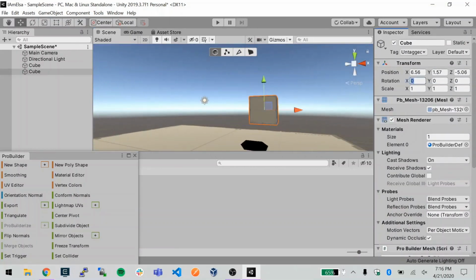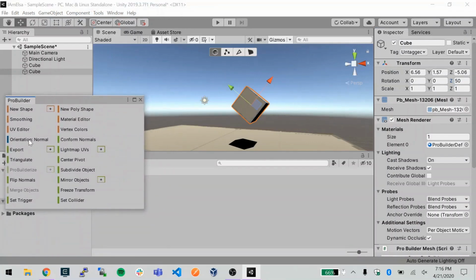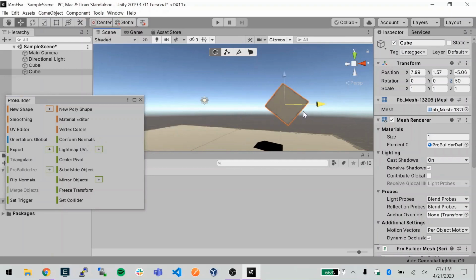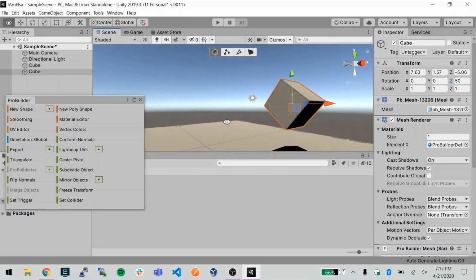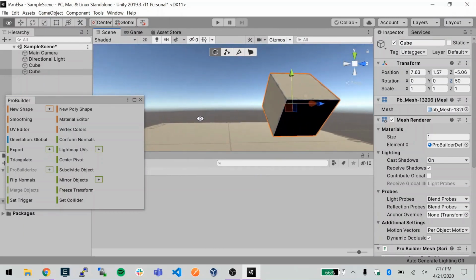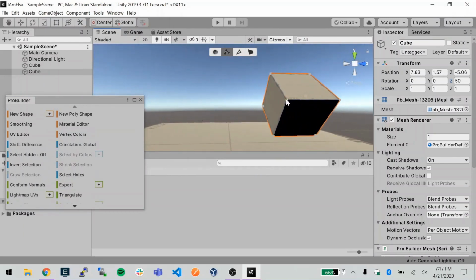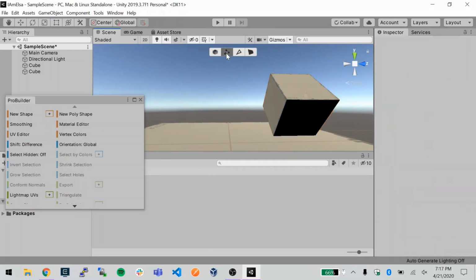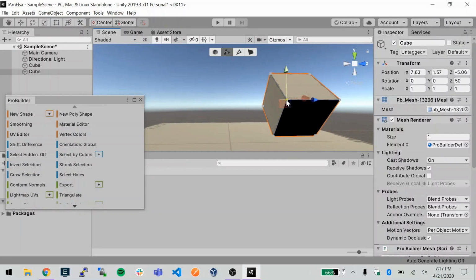So here we're going to create this crystal by rotating our cube, and then we're going to manipulate the cube with those same tools I was just showing you when we built that random ramp-like structure. As you can see, we're going to use the vertices selector. We're going to bring that corner into the middle there, which is going to make our cube or ice crystal